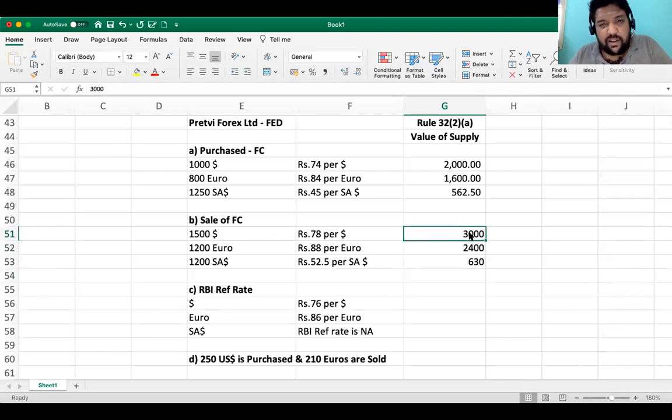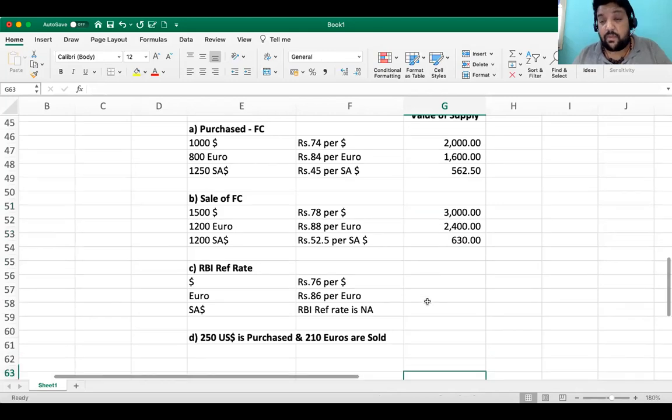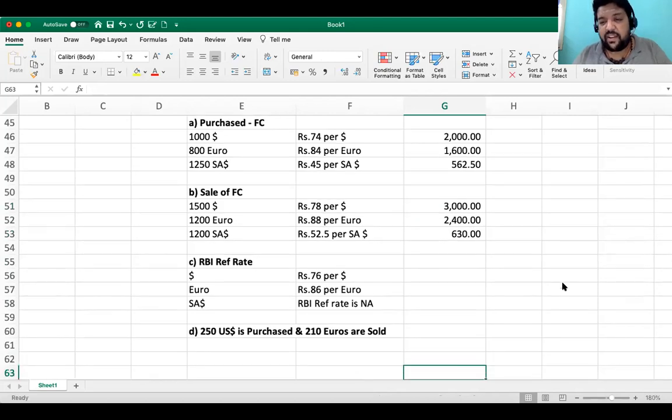Check, all of you. I want all of you to do it at your end. You do it in an Excel sheet, you do it in your notebook, I don't mind. Or you have a calculator in your hand and scribble somewhere. But have the practice of doing it. These problems are